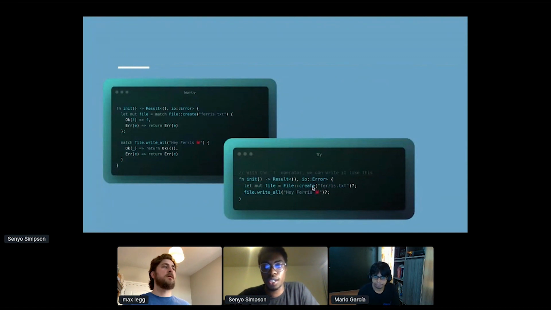If it succeeds, then the file will be assigned, and if it fails, then it'll do an early return. As you can see, it's a simple quality of life improvement, but it really makes the code a bit easier to read, a lot less verbose, and much easier to write. You can see that there really is a commitment from Rust language designers to making the language as ergonomic and enjoyable to use as possible.